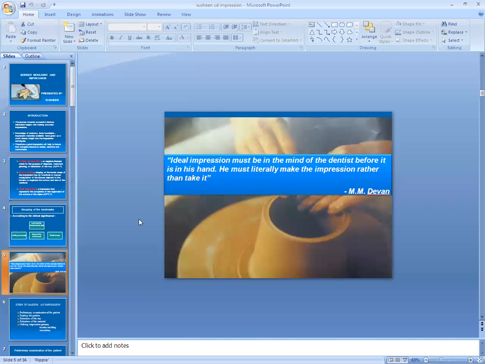So we are literally making the impression rather than taking it. We are manipulating and making what we want. Taking is just a snap. In border molding we are shaping, making the impression rather than taking it.